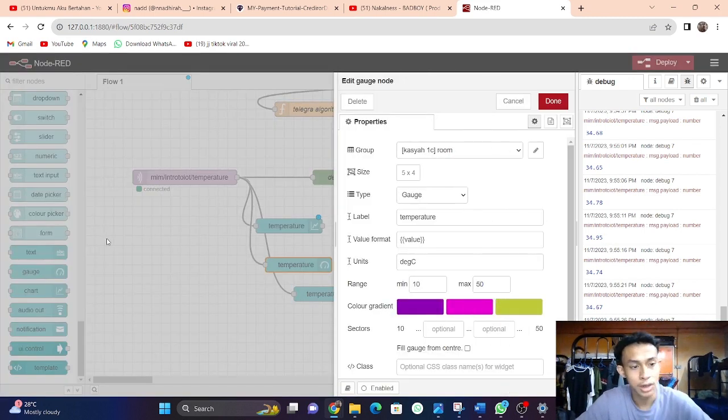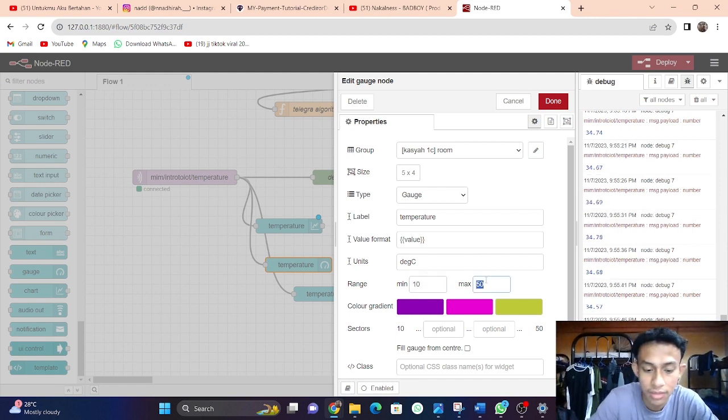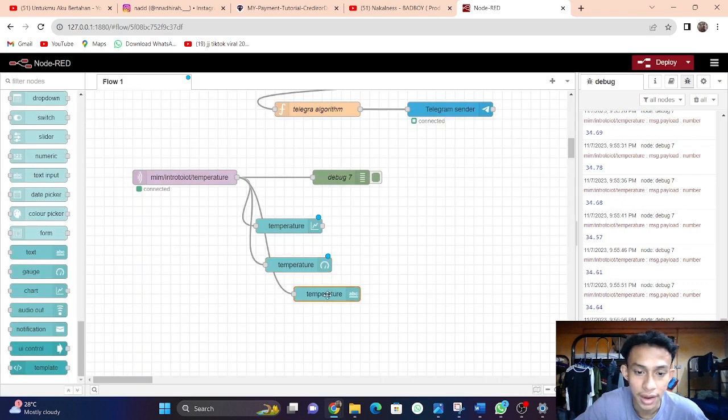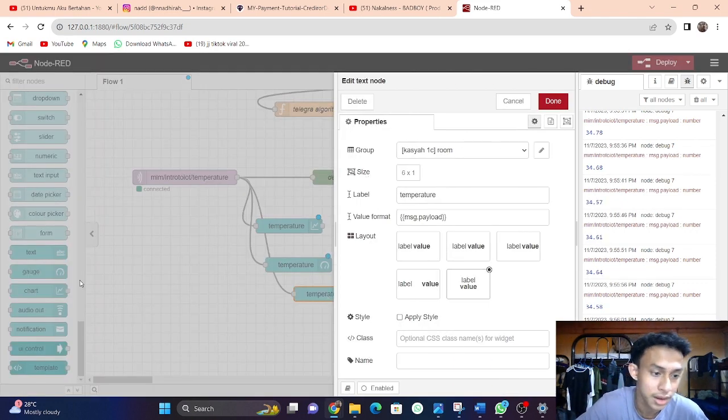and then go to the gauge. Just the same steps, you set the group name and your name of this gauge, and set the tolerance. I set the range. I take 10, and maximum range I take 50, 55. And then the color is okay, it is an option you want to choose. After that we click done, and lastly we click add the text, and